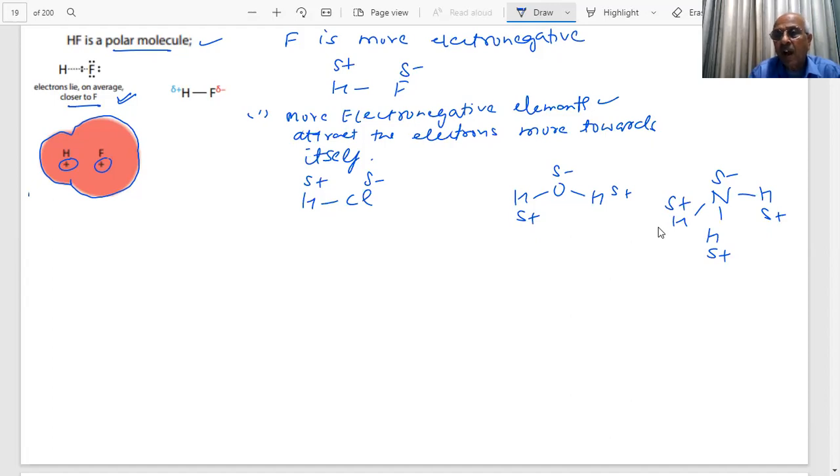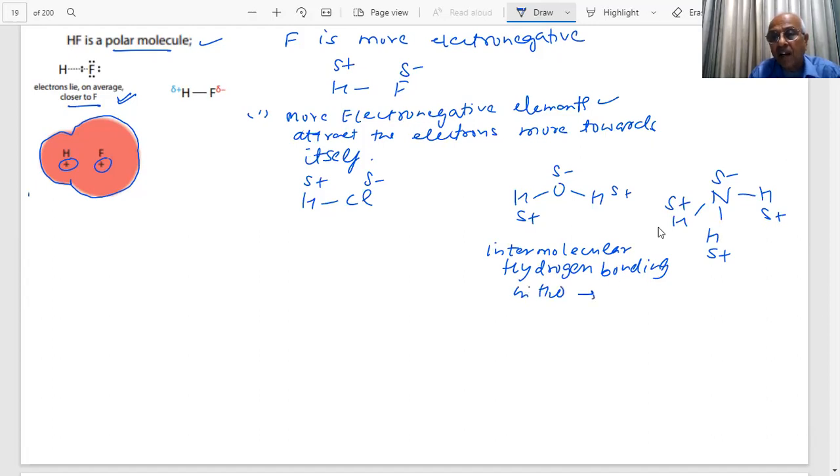So whenever you have fluorine, oxygen, nitrogen, hydrogen becomes partial positive and it can form intermolecular hydrogen bonding. You are aware of the intermolecular hydrogen bonding, student, which is a consequence of this electronegativity difference. And these atoms are very small and the electronegativity difference is very large, and this results in the formation of strong intermolecular hydrogen bonding, students, in water.